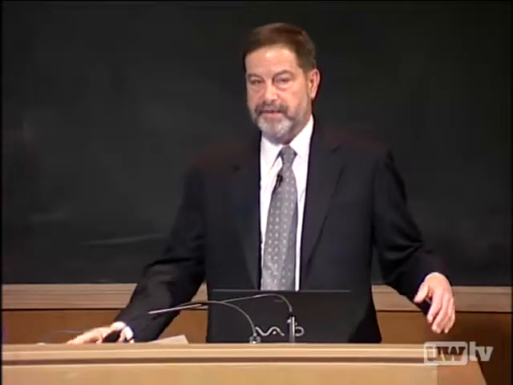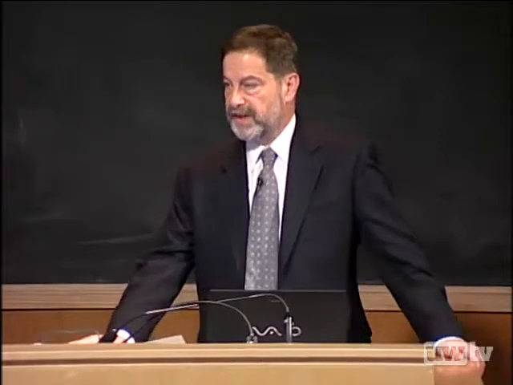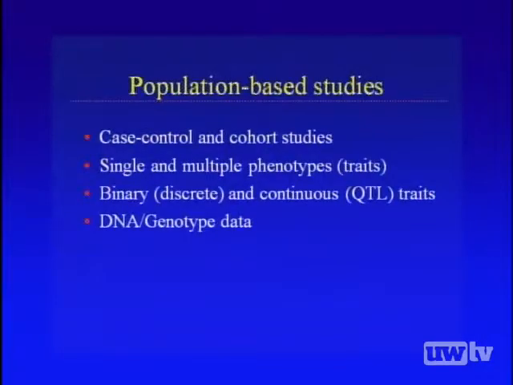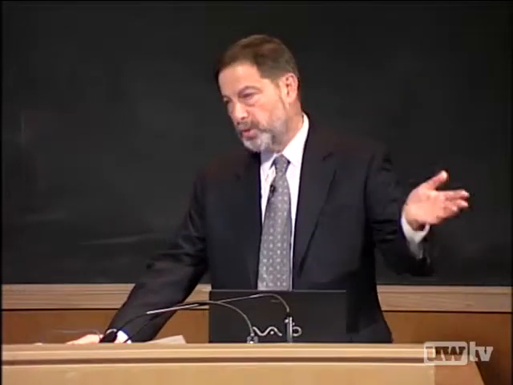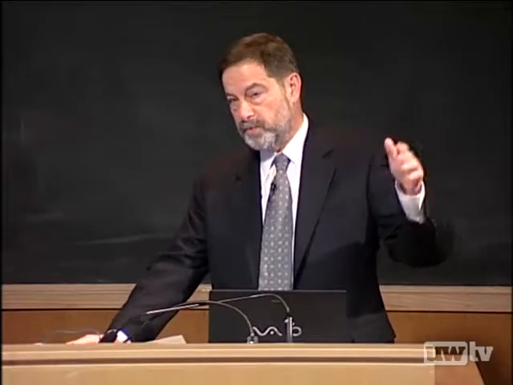So basically in population-based studies, you can think of observational studies as either using a case control design or a cohort design. In a case control study, you obviously start with the outcome, and you might look at a single outcome like myocardial infarction, which is a discrete outcome. Or you could do a cohort study where you assemble a large group of people, follow them for a long